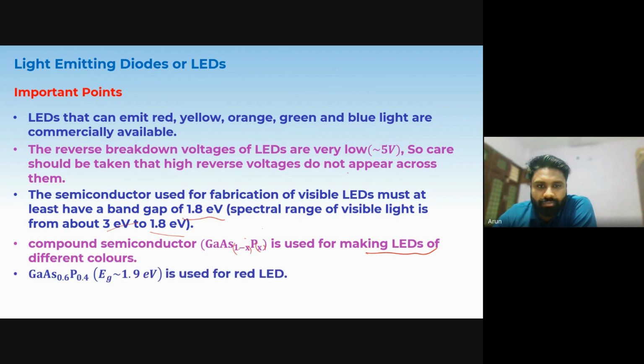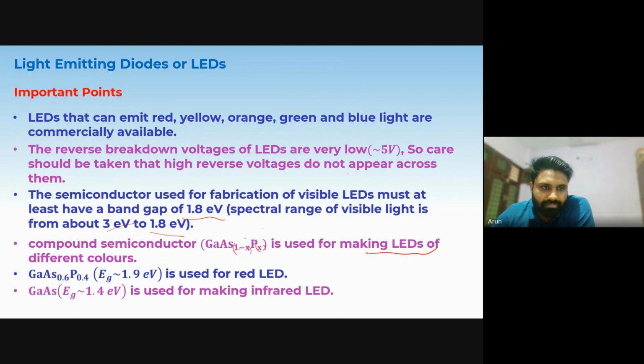So this is used for the red color LED, which is 1.9 electron volt, which has the low energy. High energy will be given to blue light or the purple color light, violet light. So this compound is used for the red LED,